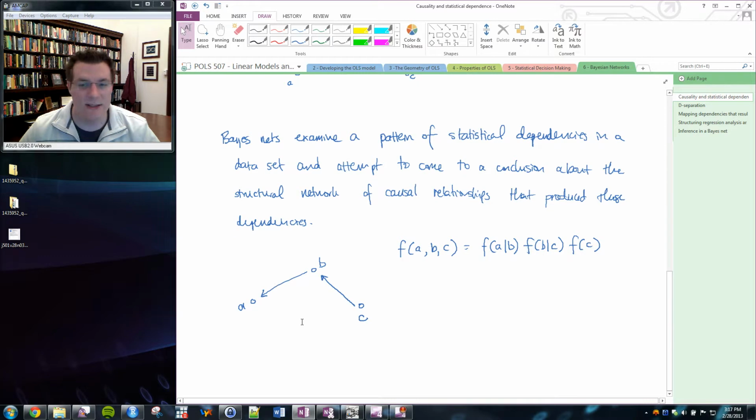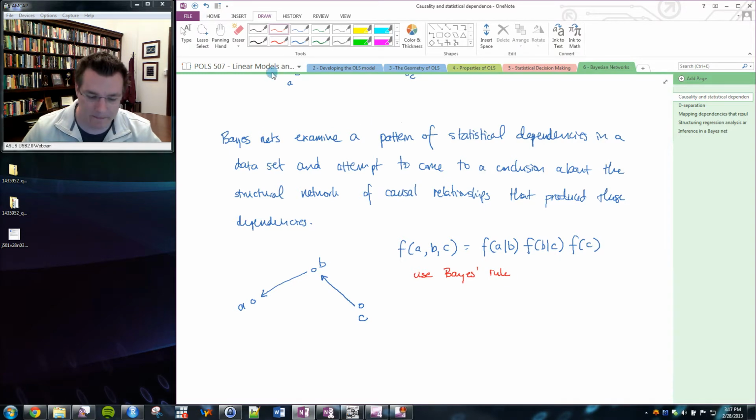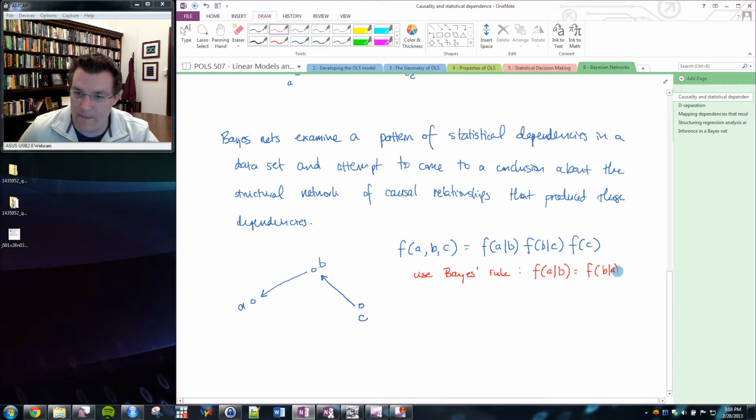So in other words, you might say, well, the pathway going from C to A looks different than the pathway going from A to C. But that's not so, which we can determine pretty quickly by using Bayes' rule. So if we use Bayes' rule to rewrite this pattern of dependencies a little bit, just to note, Bayes' rule says that f of A given B is equal to f of B given A, f of A divided by